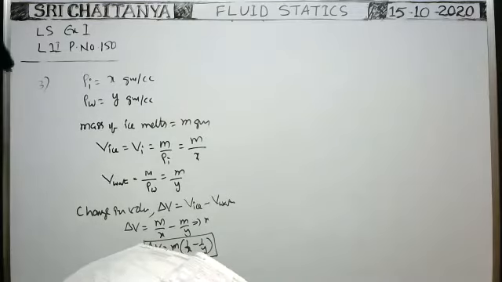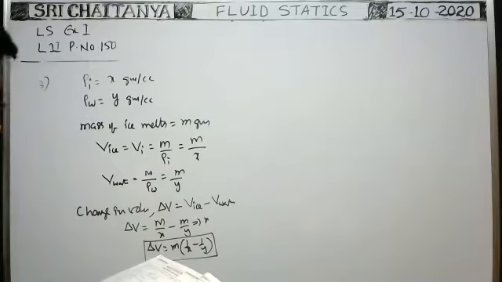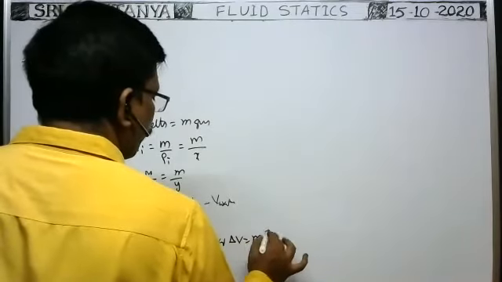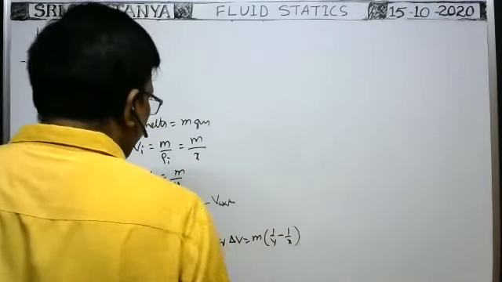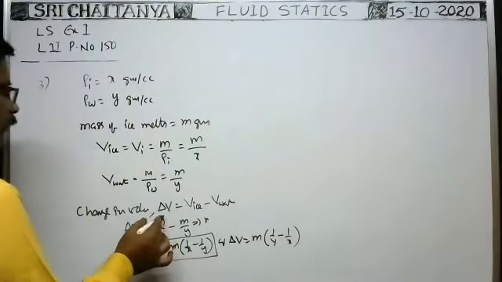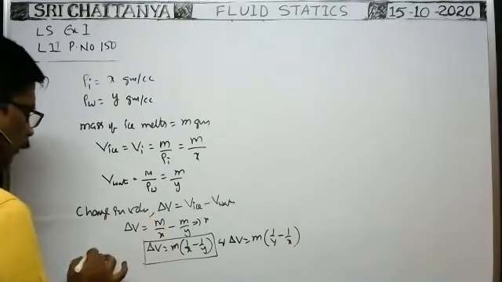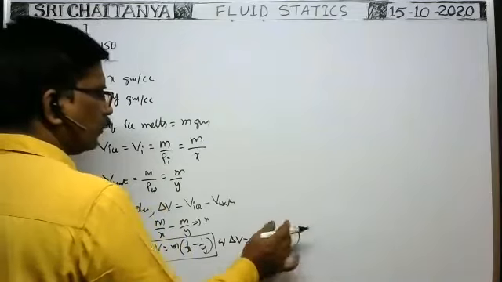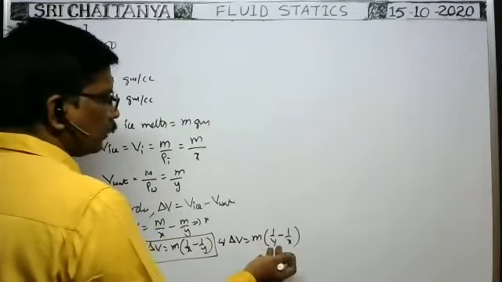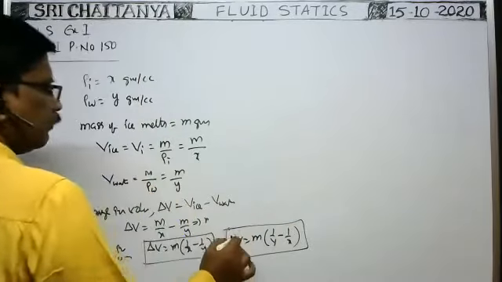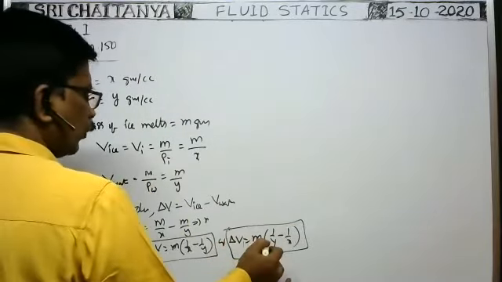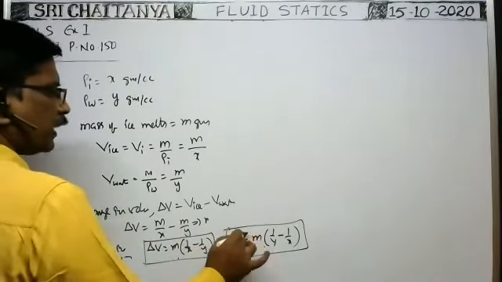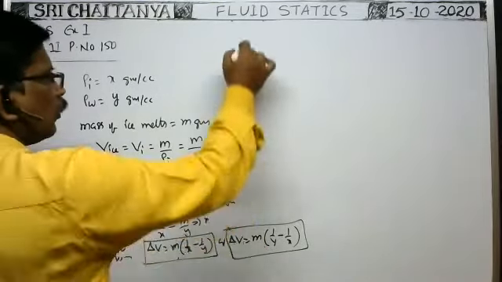Or we can write delta V is equal to m into 1 by y minus 1 by x. Because if you write like this, no doubt, as the volume of the ice is more, then decrease in volume is this one. If you substitute directly final volume minus initial volume, you will get a minus sign. Minus sign represents decrease in volume. Both are the same. The magnitude is the decrease in volume. Here this is the decrease in volume. Okay, it is the change in volume. When you substitute the data, you will get a minus sign, that indicates decrease in volume. So both are the same.